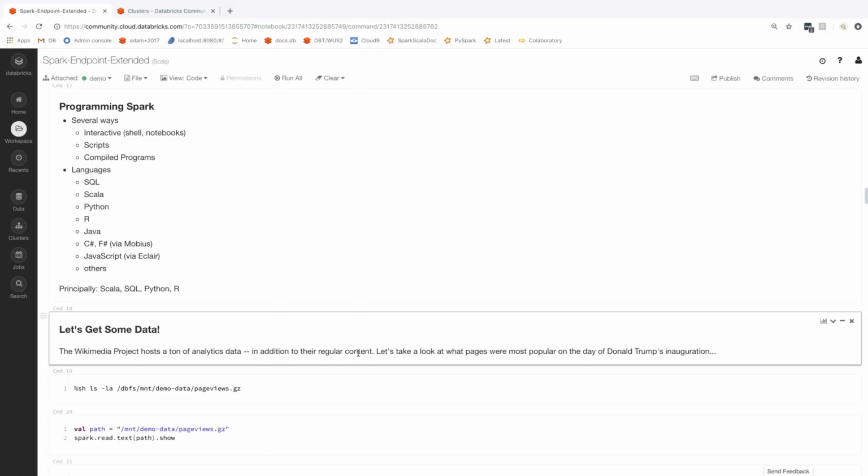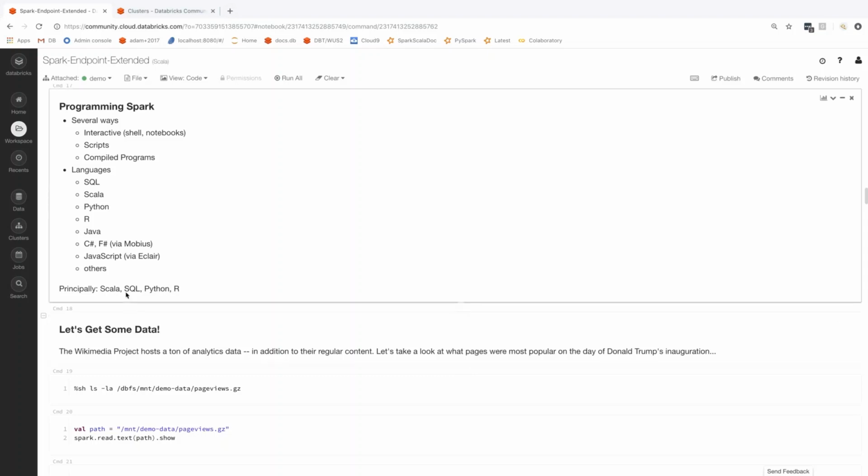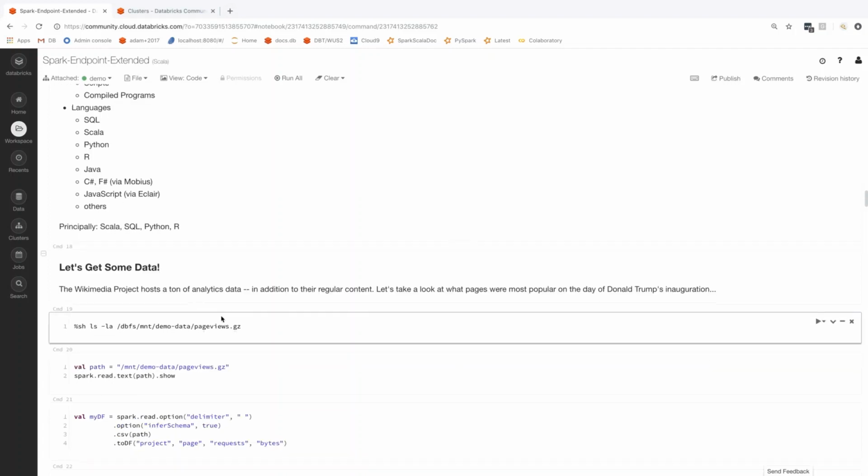And there are extension projects on the net that allow you to use .NET tools like C# and F#, or even JavaScript if you wanted to. But mainly it's Scala, SQL, Python, and R. Those are probably the predominant ones, and then maybe Java a little bit behind there. And today we'll be using Scala, SQL, and a little bit of Python as well. So let's take a